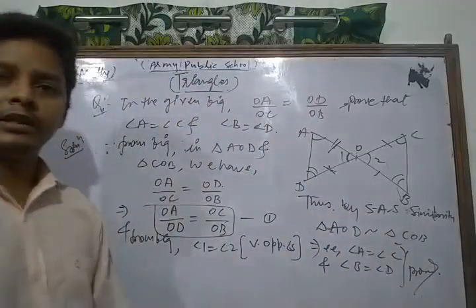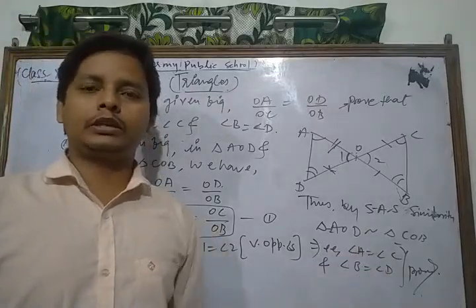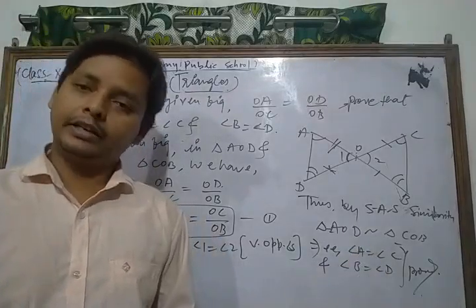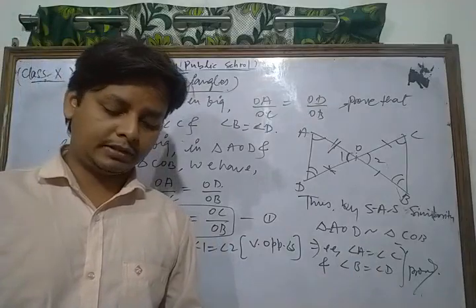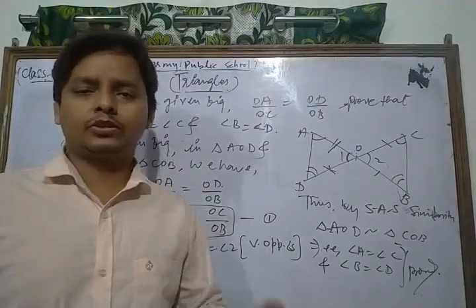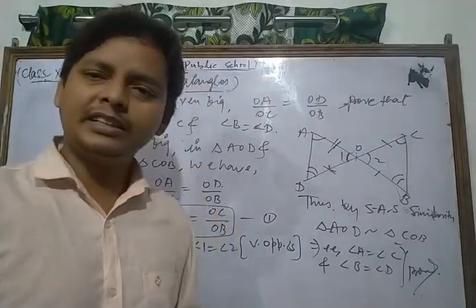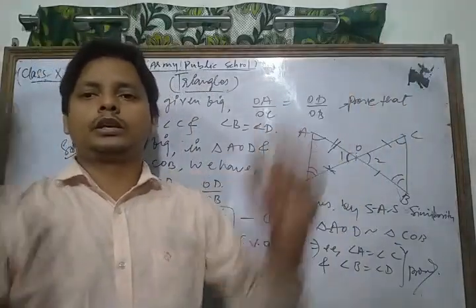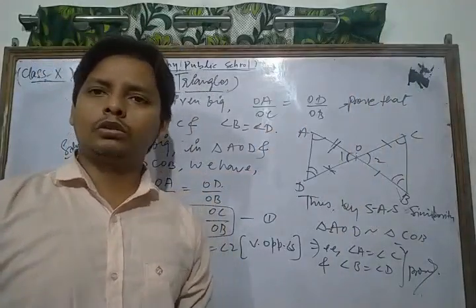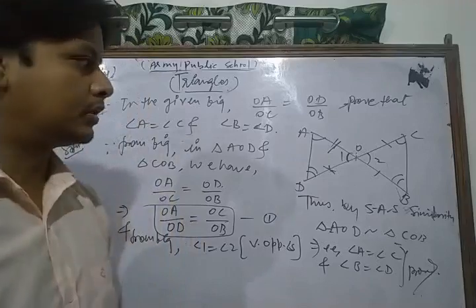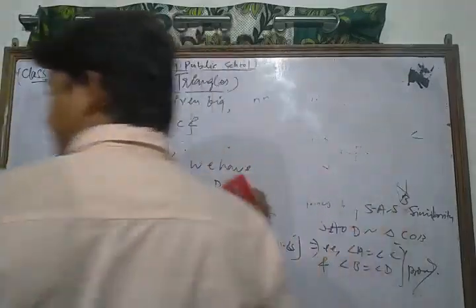This is the concept of similarity. Now first of all we have to show that both triangles are similar to each other, and if they are similar, then we can say that their corresponding angles are also equal. Okay, so in this way you can solve that type of question. Now we take and solve some other important question of your NCERT exercise.